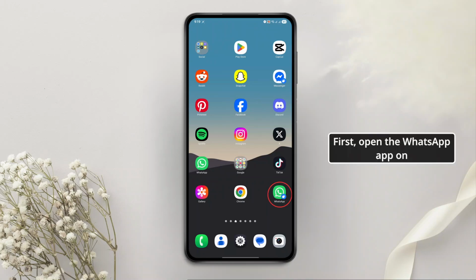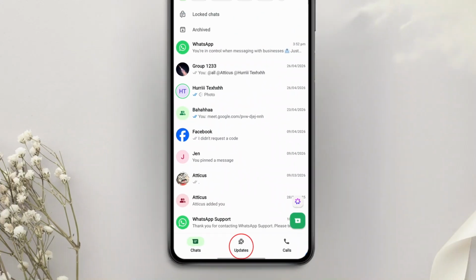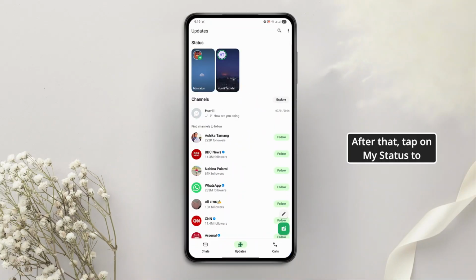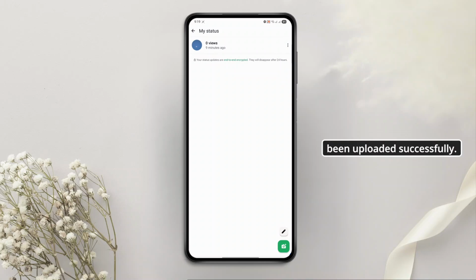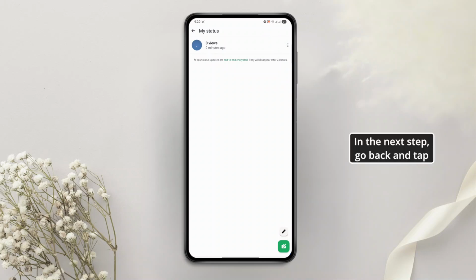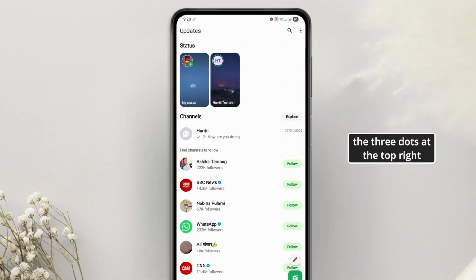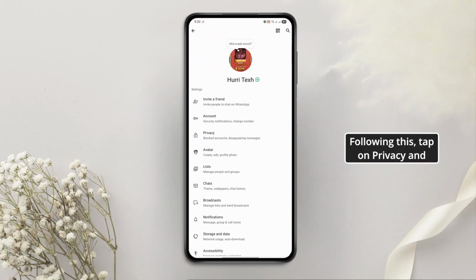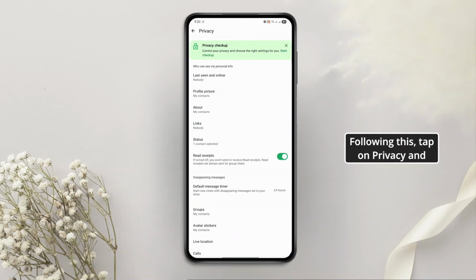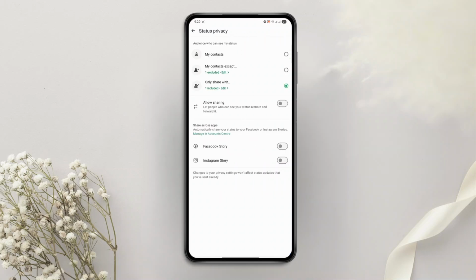First, open the WhatsApp app on your Android device and tap on the Updates tab at the bottom of the screen. After that, tap on My Status to check if your status has actually been uploaded successfully. In the next step, go back and tap the three dots at the top right corner of the main screen and tap on Settings. Following this, tap on Privacy and then tap on Status to double check the visibility setting